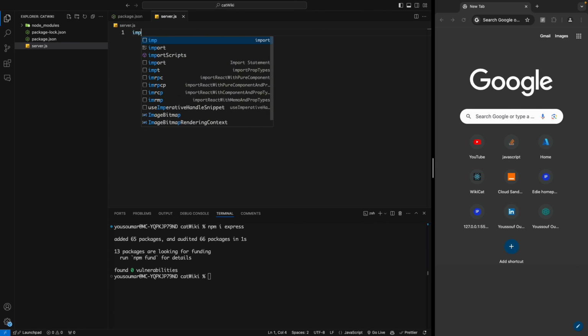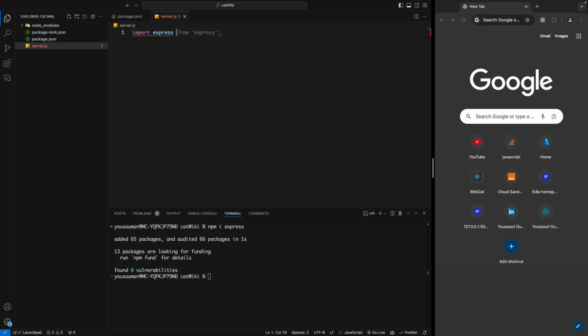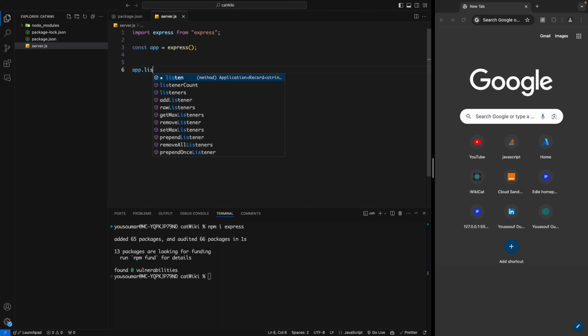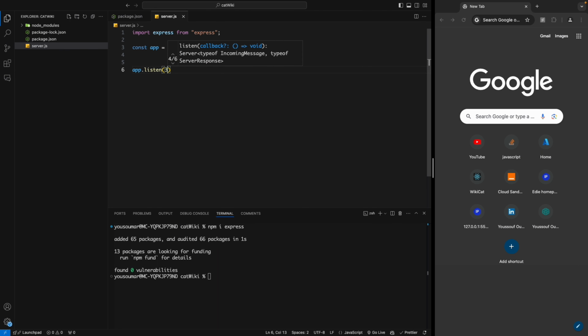So we are going to import our Express from Express like this, then say a const app is going to be equal to Express like this, and we're gonna say app.listen, and we are going to listen on port, let's say 5000, and when it is started, we are gonna say